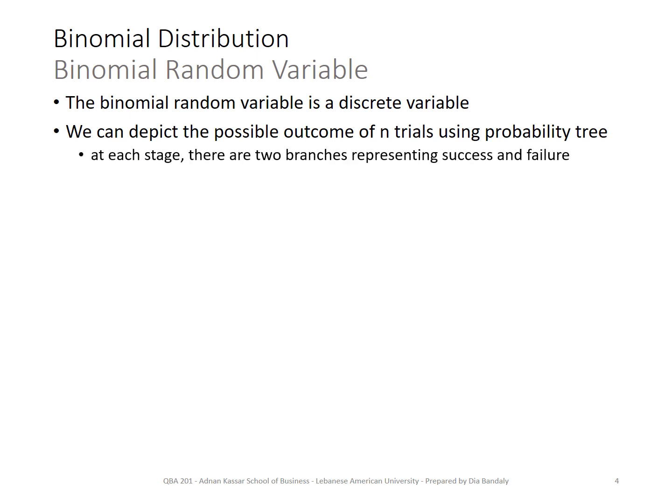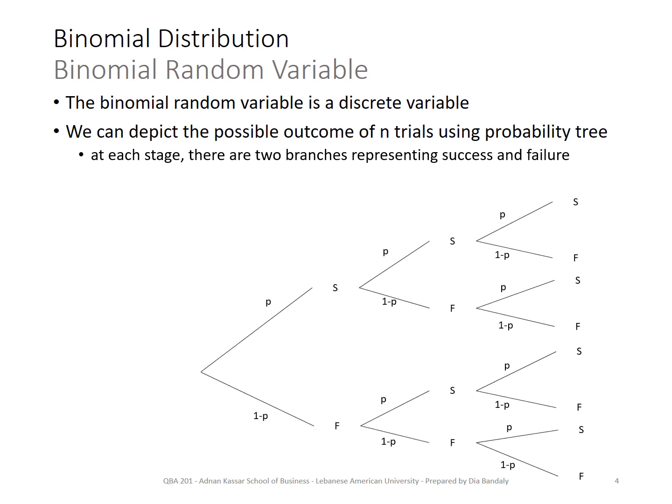We know that in a binomial experiment we have only 2 possible outcomes, so in our tree we will have only 2 branches. One branch will represent the success and the other is a failure. It doesn't matter what we call success and what a failure. So here's an example of